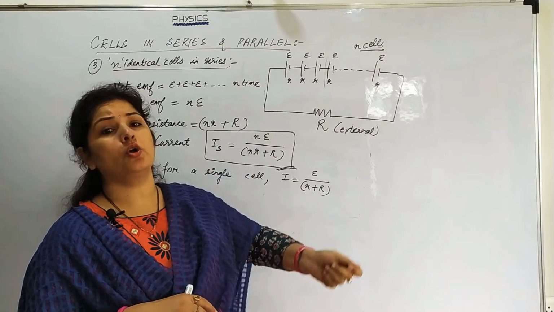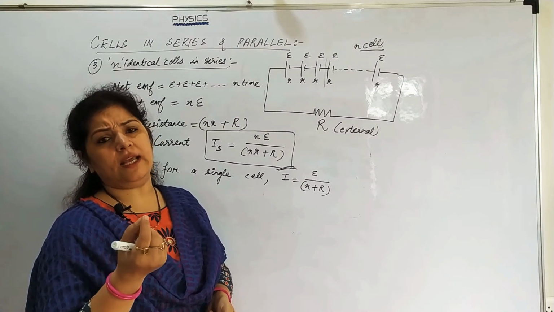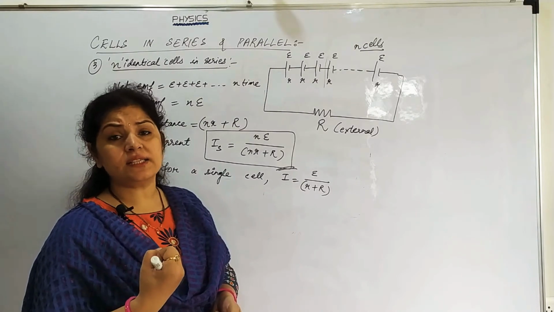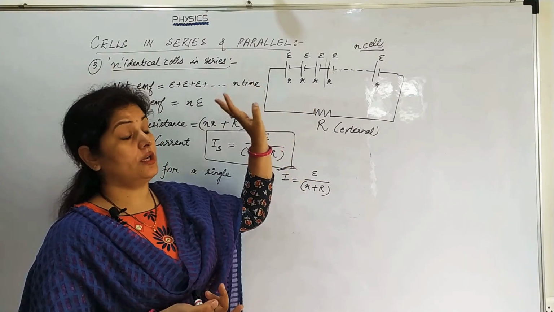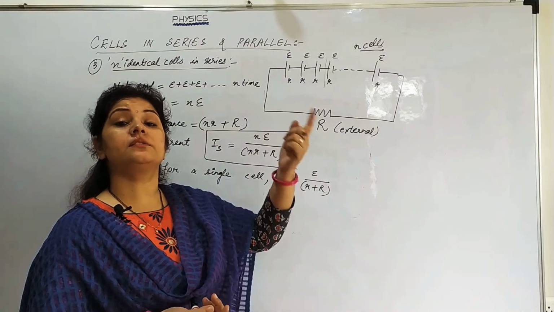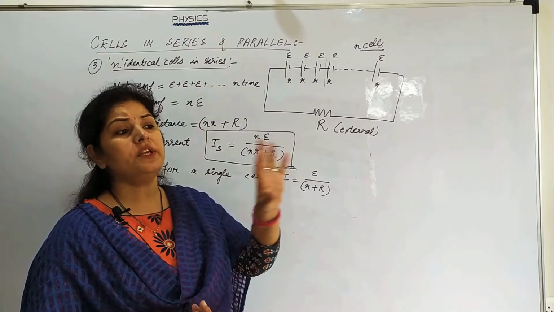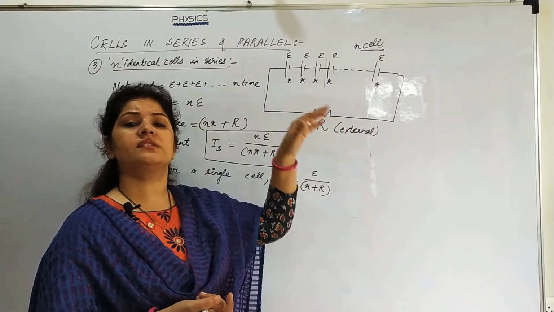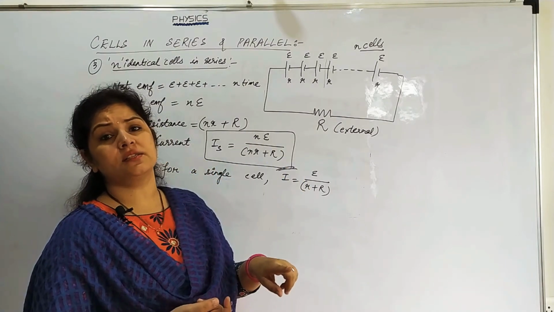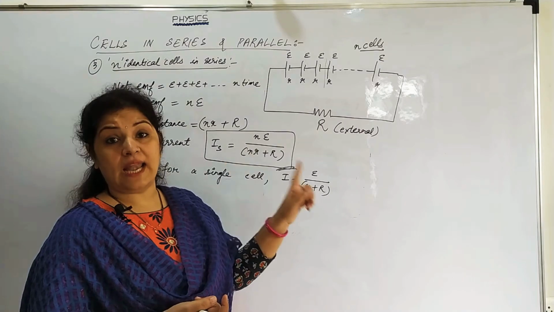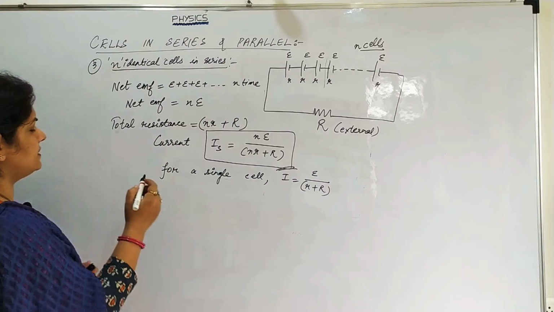Say you are using a torch. The torch's bulb hardly gives you any light, very little. Sorry, the torch is giving very little light. It means its internal resistance is high and external is less. So we will discuss both the cases. There are many situations where we need internal resistance to be less and external more. But there are also many situations in which external resistance is less and internal resistance is more, right? So we will discuss case 1.